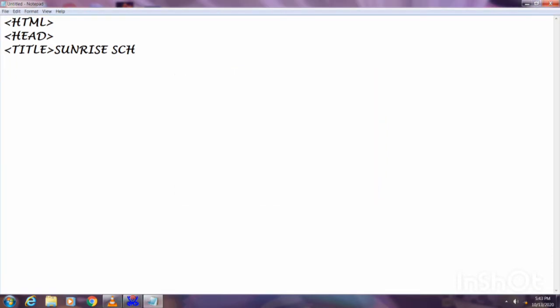Now this is the closing tag of the title tag. The closing tag contains the forward slash, okay, which differentiates it from the starting tag. Then the closing tag of head. Okay, now the head portion has been completed.